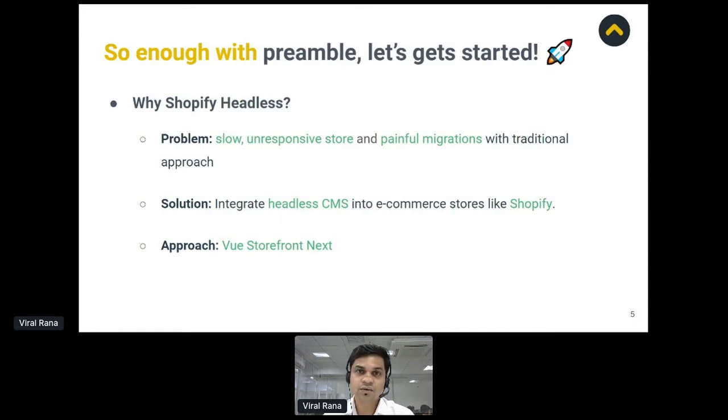Do you again need to reinvest more? Do you need to redevelop your entire web app, or have a dedicated team again for the entire web development scenario? So the answer is no.